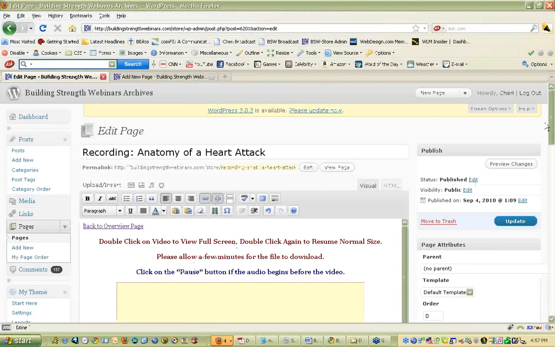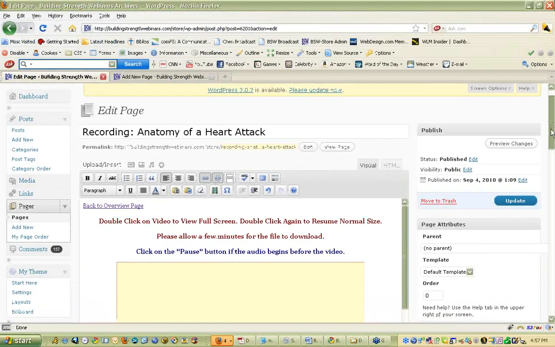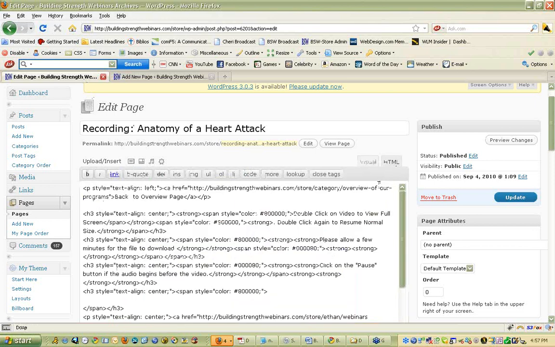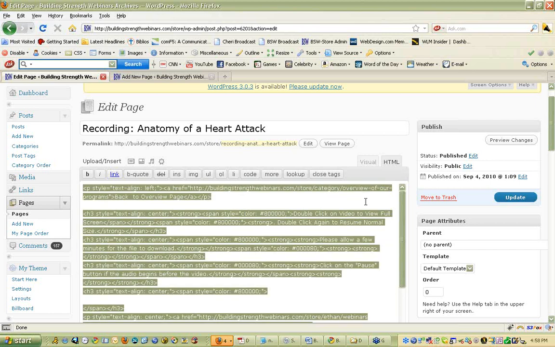Okay, so you'll start with your blank page ready, and you'll come to this page, and this is the visual side. There's 2 tabs here, visual and HTML. So you'll click on the HTML tab. That gives you all the code. So just put your cursor inside there, and you're going to copy everything in this window. So I usually just do Control-A to select it all, and then Control-C to copy